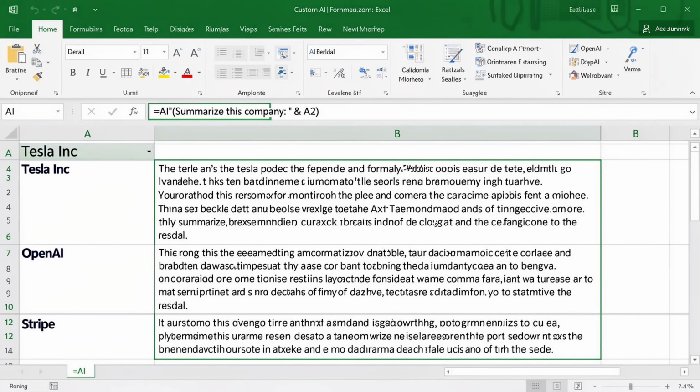Next is use custom AI formulas in cells. So now the magic happens. You can call AI directly from a cell using a custom formula. For example, type AI and then summarize this company, and into a cell B2, and Excel will send the company name in A2, for example Tesla Inc, to your AI model and return a written summary in B2. Now you can drag this formula down hundreds of rows, and Excel will run the AI on every single row